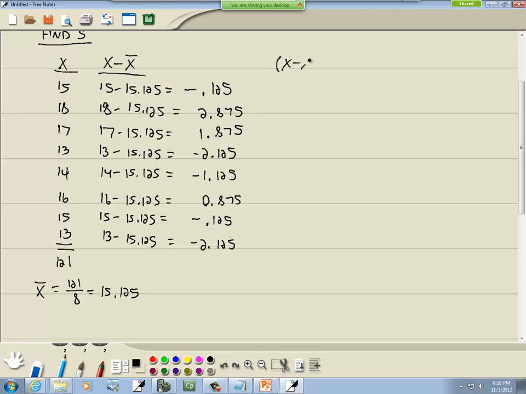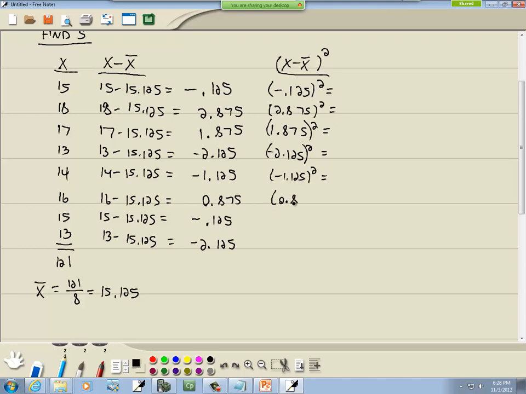Okay, well we need to square that now. So we have x minus x bar squared. So we got negative 0.125 squared, 2.875 squared, 1.875 squared, negative 2.125 squared, negative 1.125 squared, 0.875 squared, negative 0.125 squared, and negative 2.125 squared. 0.125 squared gives us